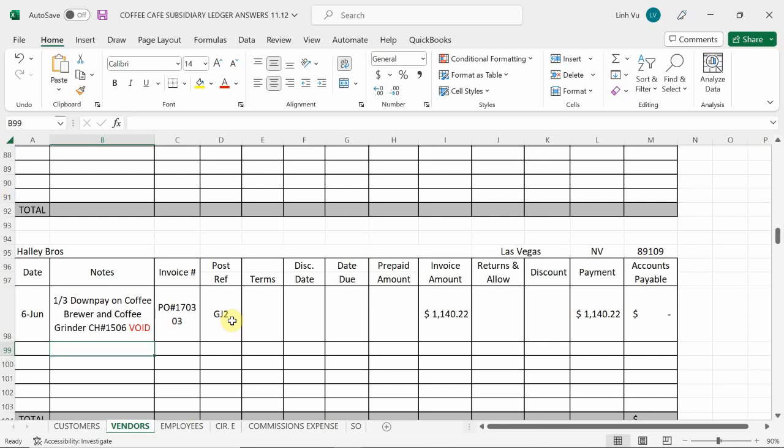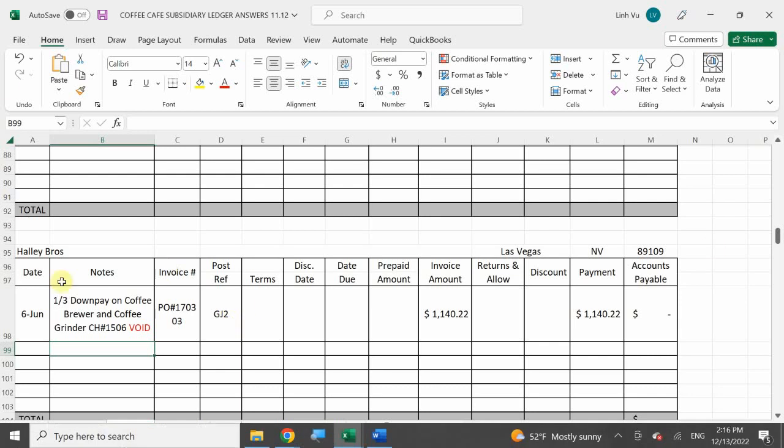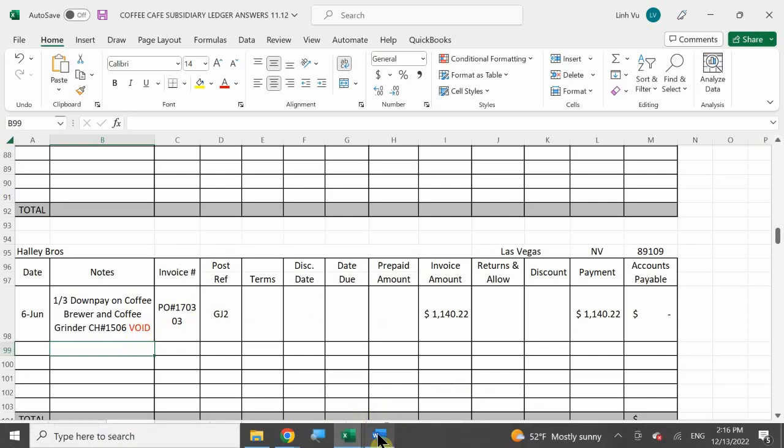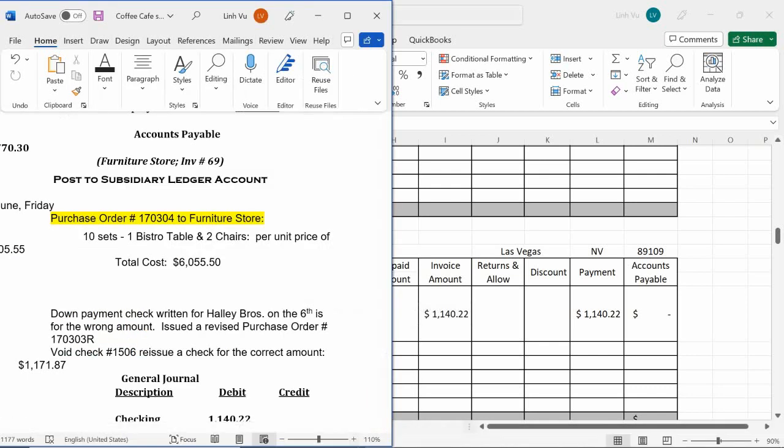Even though you don't owe Haley Bros anything, we're still going to keep this transaction in there because, one, we don't owe Haley Bros anything, right? But we're letting us know that we voided this check, so this transaction doesn't necessarily exist anymore, okay? But I'm leaving the proof that yes, we did cut a check to them on the 6th of June, right? All right. So now that everything looks good,